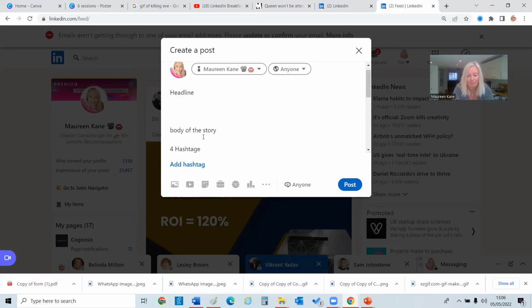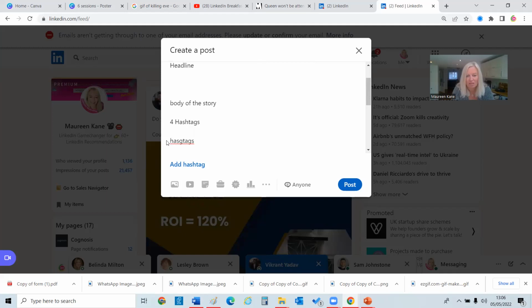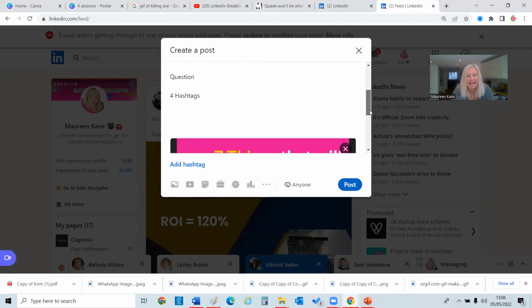So for example, if you are an accountant and you want to target construction, don't use hashtag accountant, use hashtag construction, and try and ask a question. Questions are important to help get people to answer. So again, the body for most posts: headline, body of the story, question, 4 hashtags, and